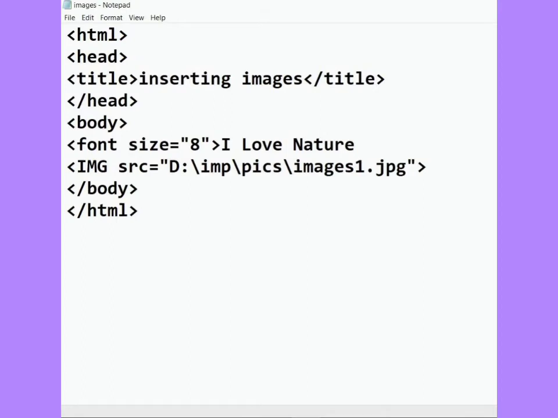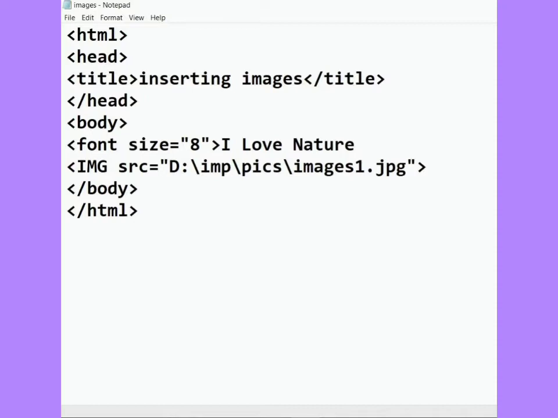Children, in the first HTML coding, we are inserting images. You can see we have used the title as inserting images in the title tag.